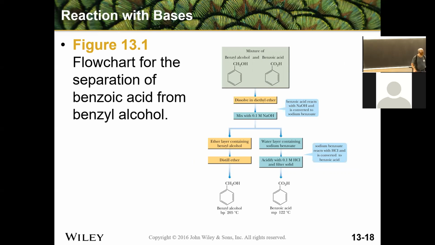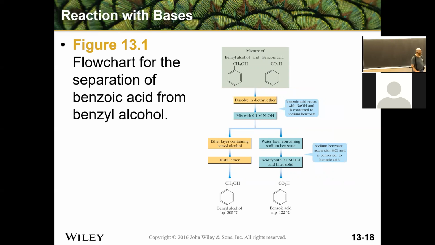So we could use this acidity to separate carboxylic acids from other compounds with different functional groups. For example, we could separate benzoic acid from benzyl alcohol. Both of these would dissolve in diethyl ether. If you do an extraction with 0.1 molar NaOH,